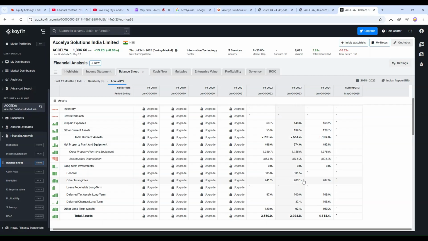Other intangibles, this is hardly any asset. You can count this as an asset only in the good times, but if the performance of the company goes down and, let's say, the company is going bankrupt, it's very hard. In this case it's a software company. It only has operations, it only needs office space and some laptops, so it doesn't have a lot of expenses, so it's very hard to go bankrupt for this company.